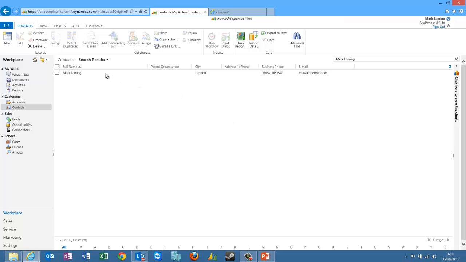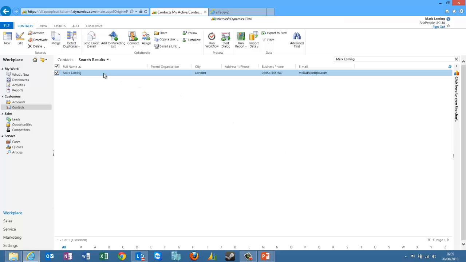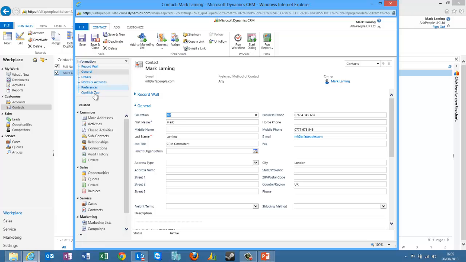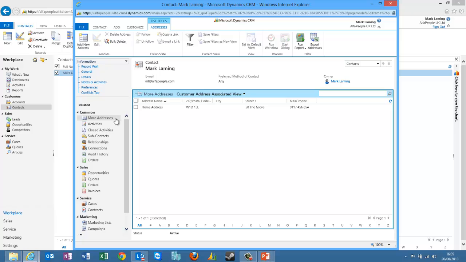An important feature of Microsoft Dynamics CRM is that all related records to the contact can be accessed from one place. By opening the record and using the navigation pane down the left hand side, we can look at the various addresses related to the contact,